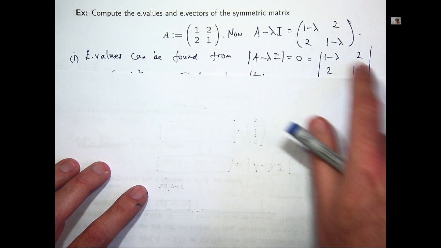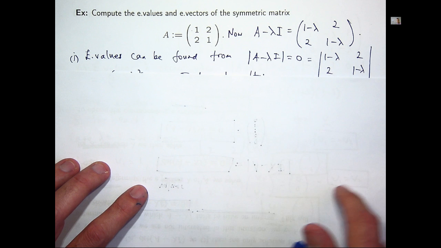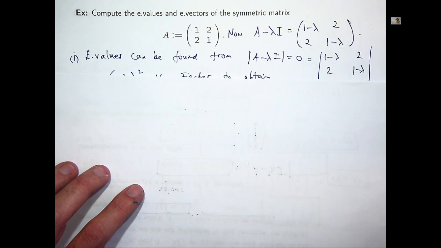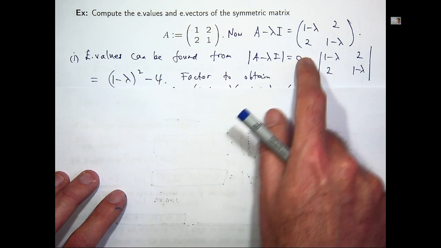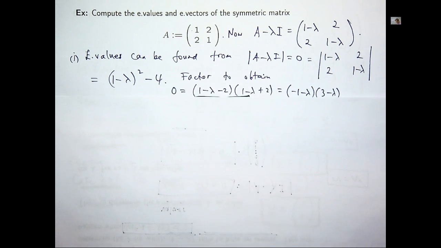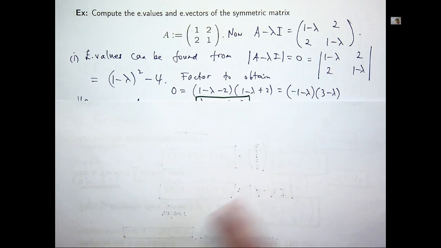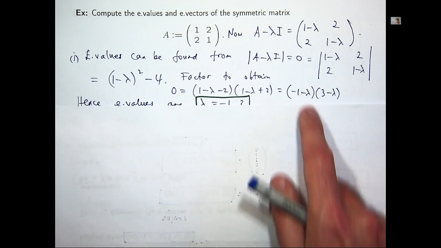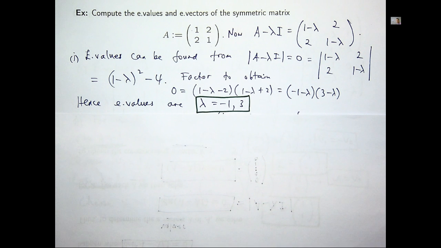It's a 2 by 2 determinant, so I multiply diagonally. It's that times that minus that times that. I end up with a quadratic equation, and it's a simple one to factorize or solve. Here we've got the difference of two squares, so I can break that up and come up with the following. So I know that lambda is either -1 or +3. So I found two values